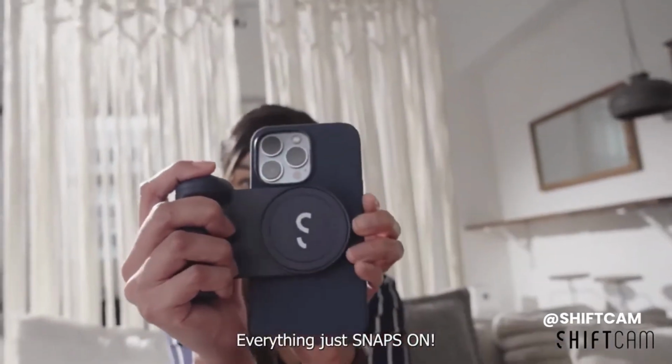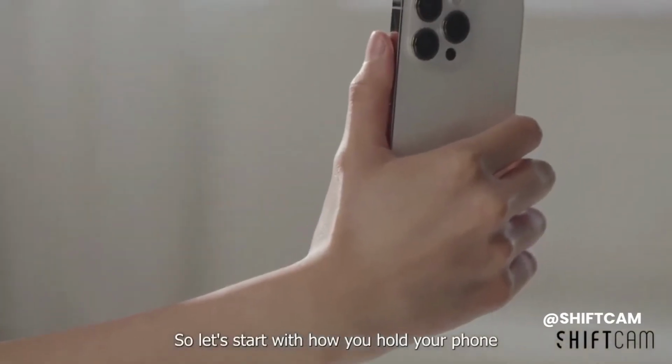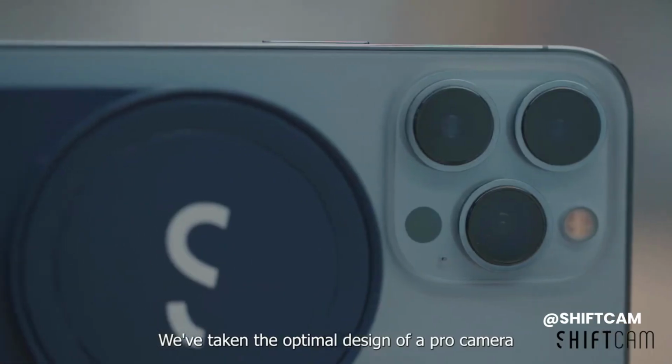Everything just snaps on. So let's start with how you hold your phone. It should be an extension of you. Comfortable, stable, and intuitive. We've taken the optimal design